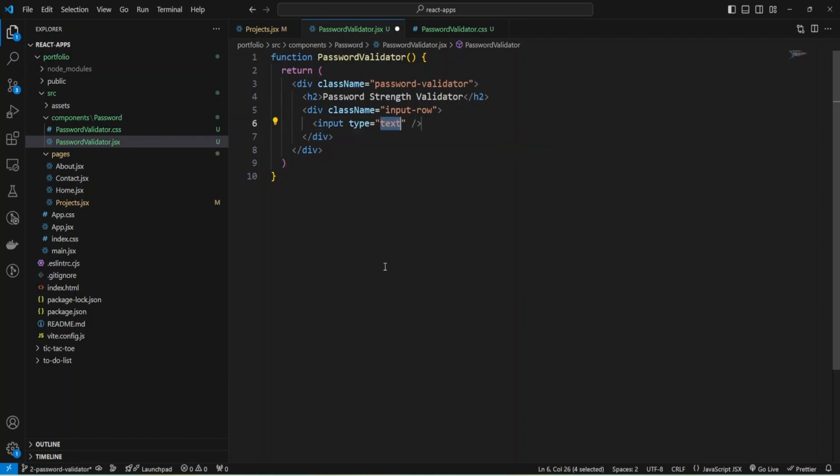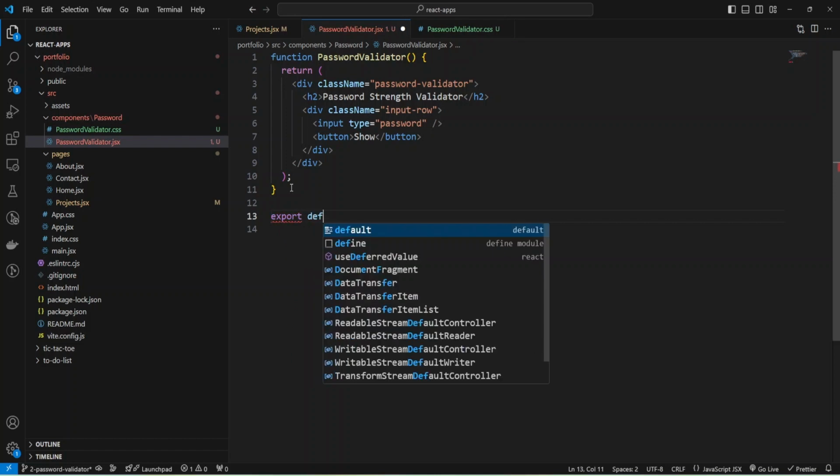And add my input, and I'm going to provide type password because we are working with password. And also I need button for hiding or showing my password. And initially it will be show, and I can save and export my password validator.